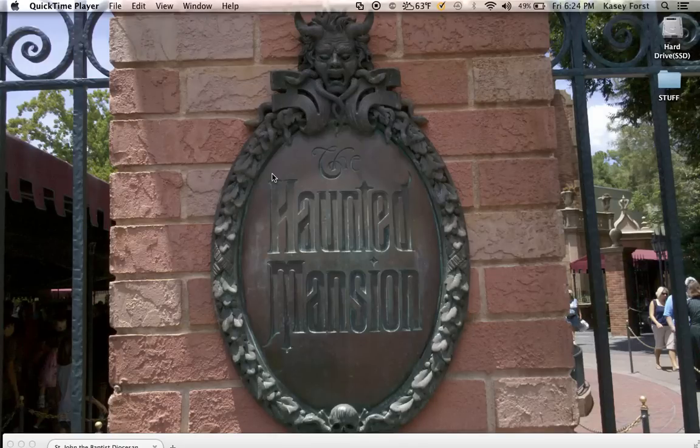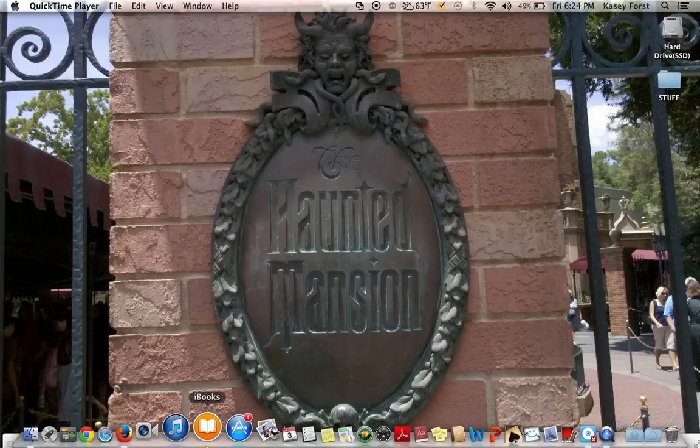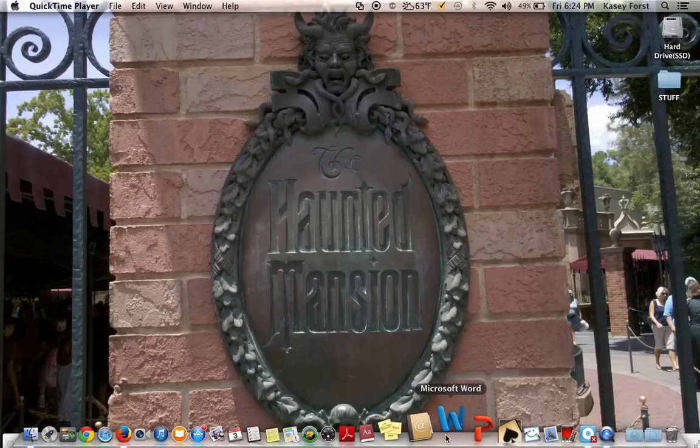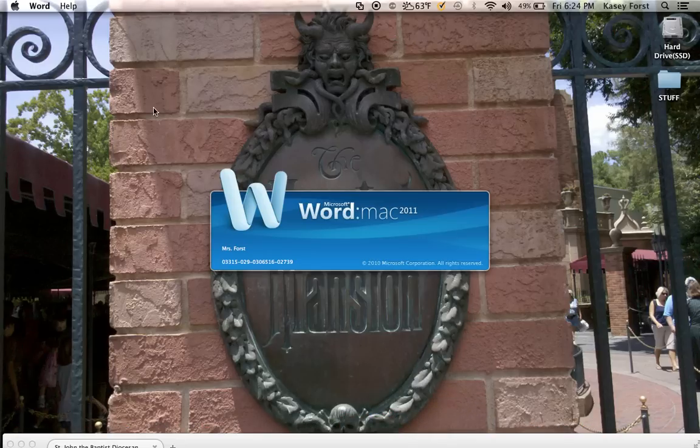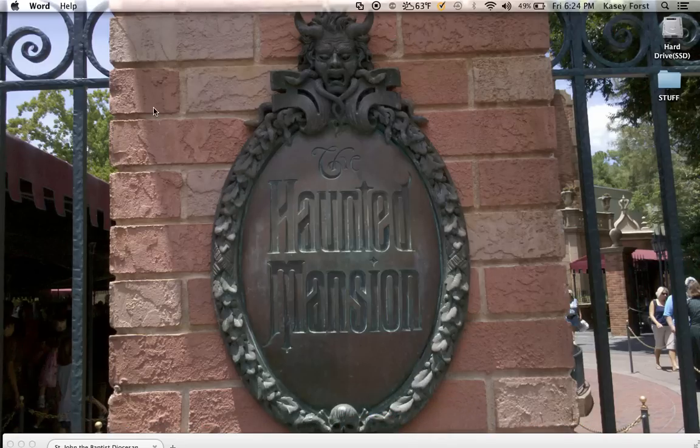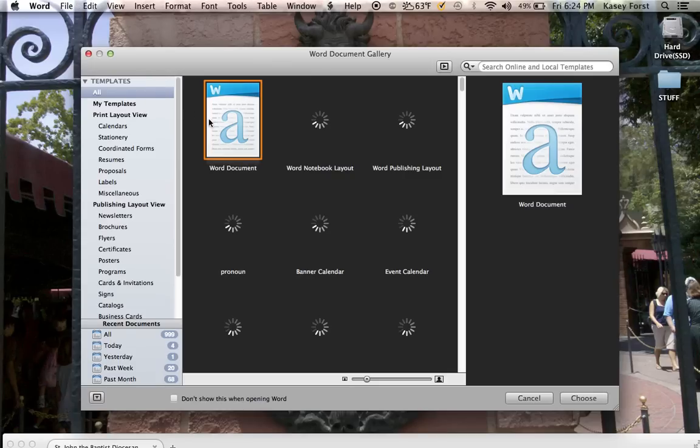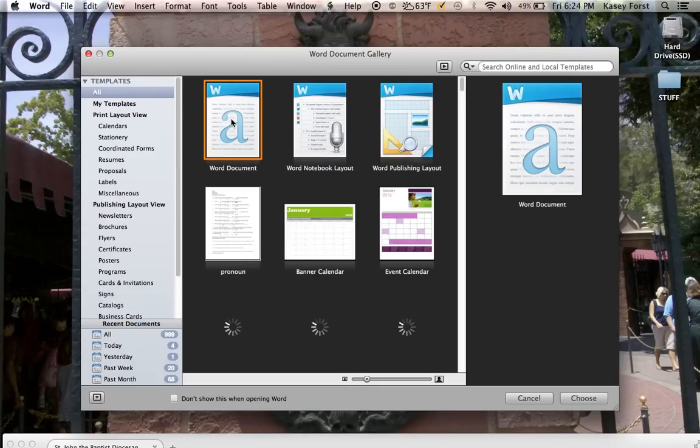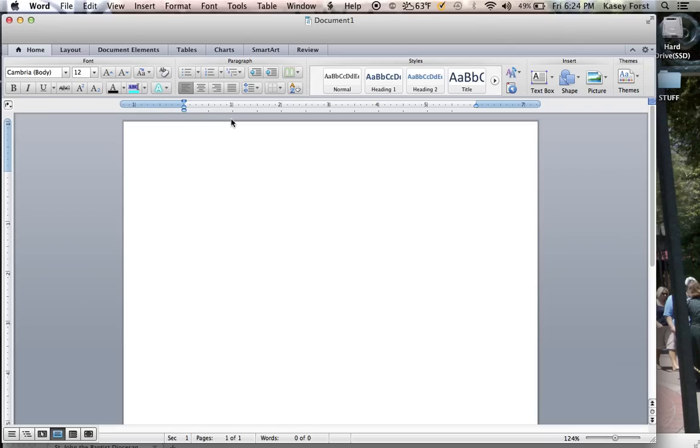Okay, tonight I'm going to show you how to upload an MLA document. The first thing we're going to do is go to Microsoft Word and create a new document. When the screen opens up, we're going to select blank document, or you can just hit the regular document button. Again, I'm doing this on a Mac, but the directions I showed you in class today on the Windows computer